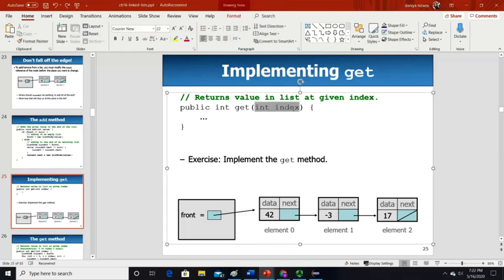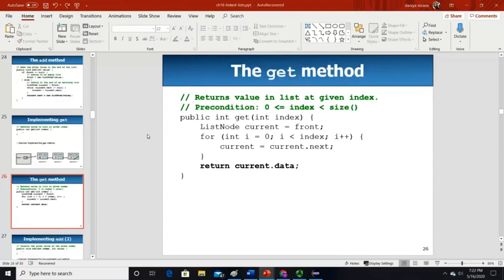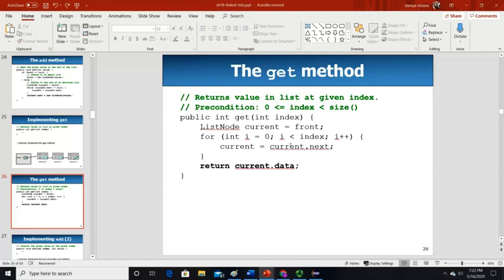So int index, and we are getting the index value and returning the value at that index. If the index is 0, it means return the value at the front. And if the index is 2, 3, you need to make sure of the precondition that your index is greater than or equal to 0 and less than the size. You need to make sure how far you have to go. Maybe the user said index 5 and you only have 2 values in your list. So these are the things you need to make sure of.